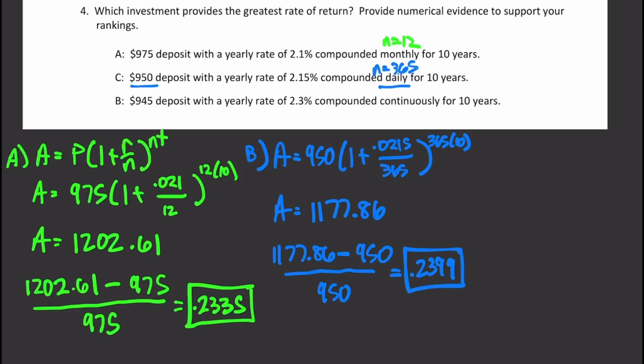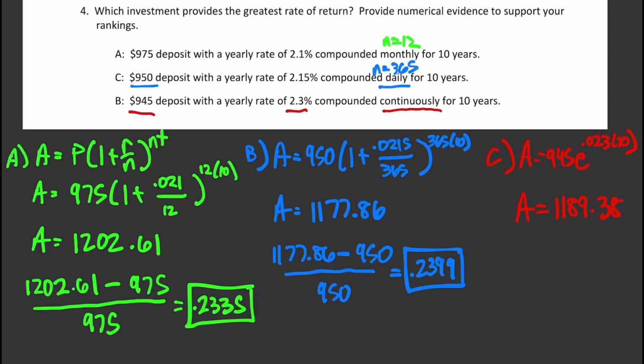And finally, for C, we have a $945 deposit, a yearly rate of 2.3%, but this is compounded continuously. So we're using our PERT formula here. I'm not going to write it out again. We just did it on a previous problem, but this is going to be 945 e to the r is 0.023, and it's also 10 years. So if I put that into the calculator, I got